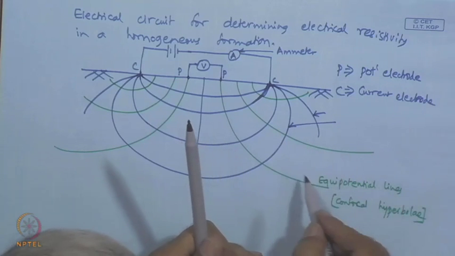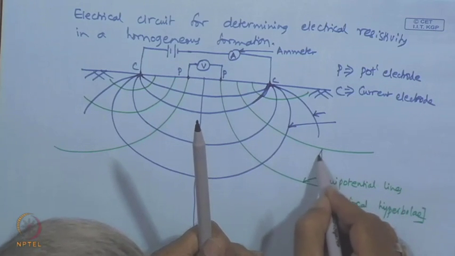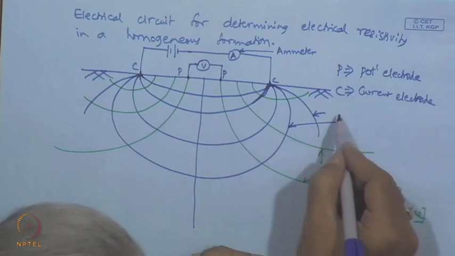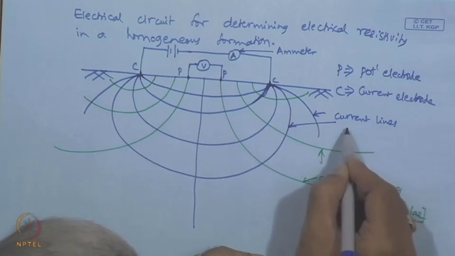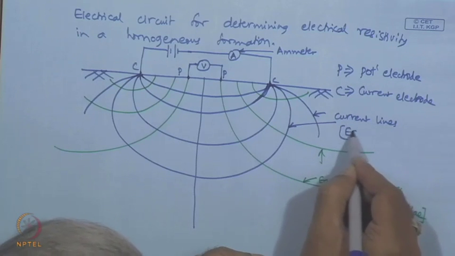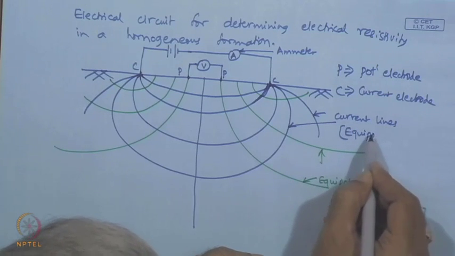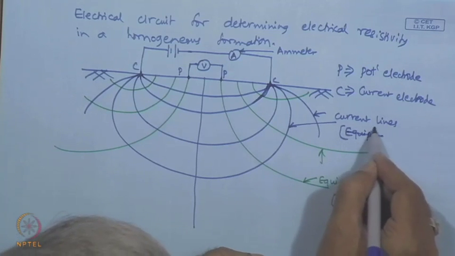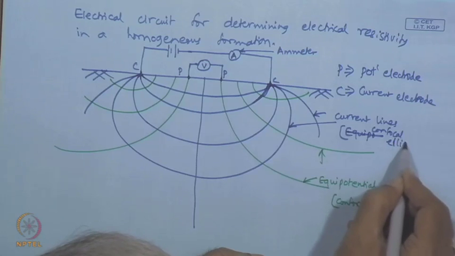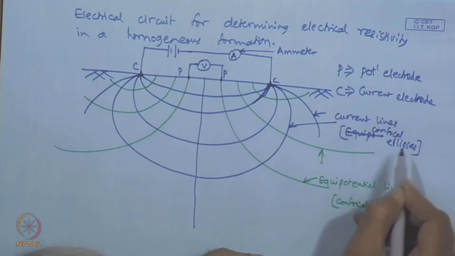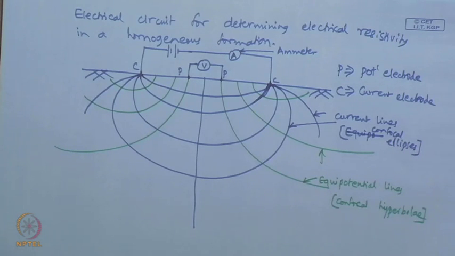So, these are the equipotential lines, and these are the current lines. So, these are equipotential, I am sorry, this is confocal ellipses. So, this is the arrangement, and in this case